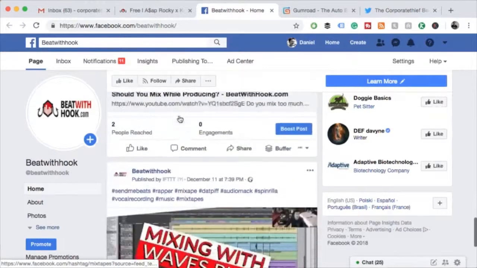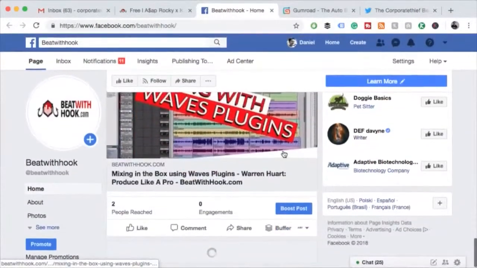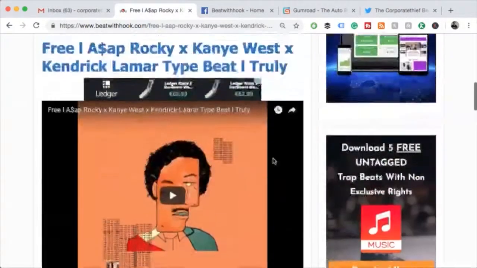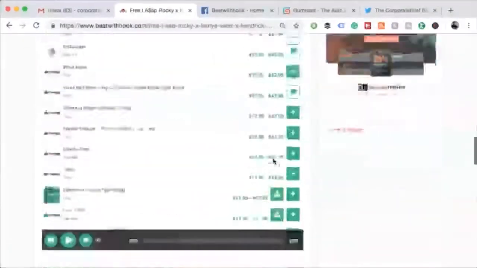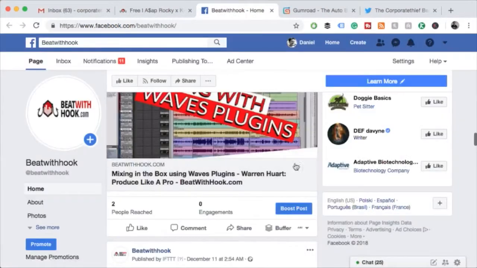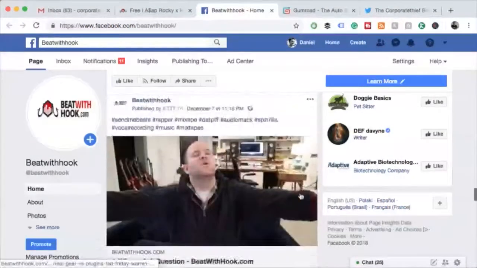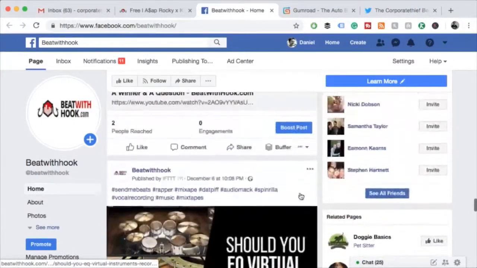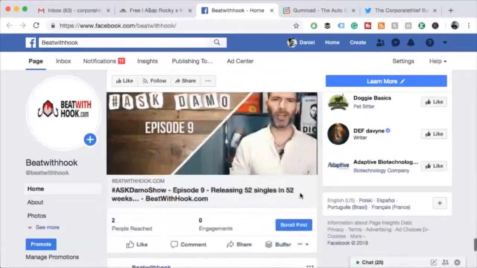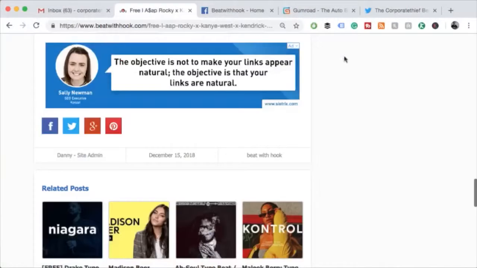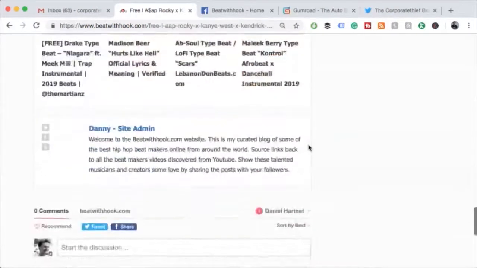I think I haven't made one for this particular category. That's something I have to go back and fix. I think I have to fix the Beat with Hook category because it doesn't seem to be triggering the Beat with Hook ones. It seems to be bringing traffic to the site anyway, but it's something I should fix.